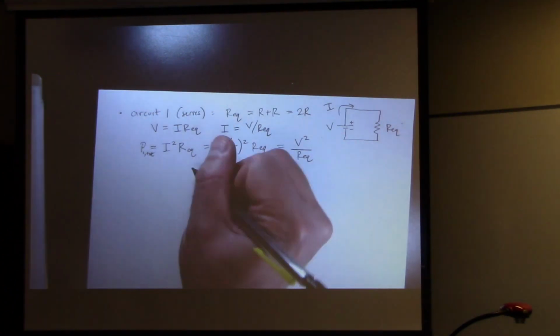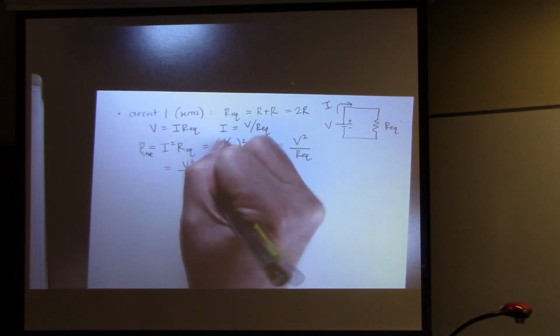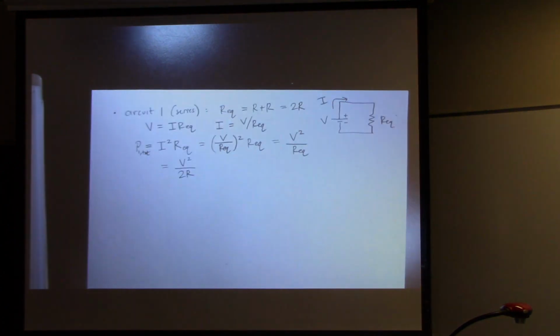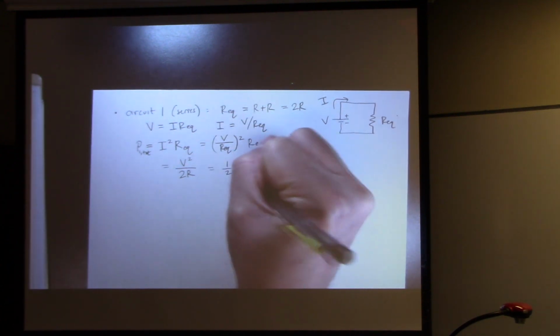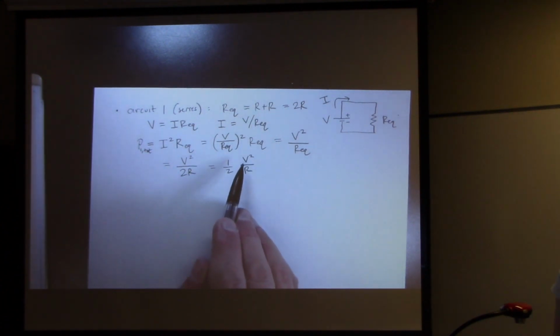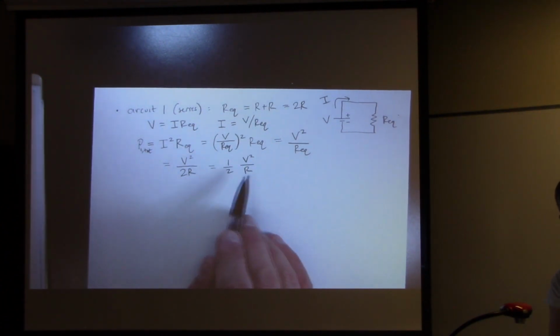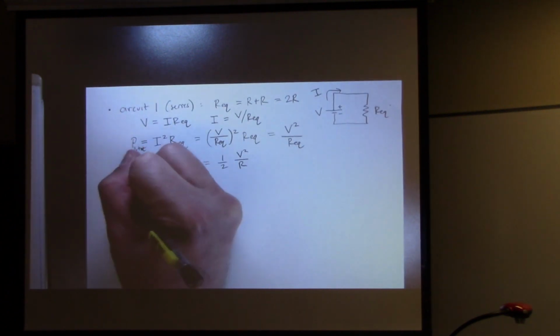And now let's just plug in our equivalent resistance. We have V squared divided by 2 times R. Or just think of this as a half V squared divided by R. So it's 1/2 of the voltage of the battery squared divided by one of the resistances. And so let's compare that to circuit number 2,